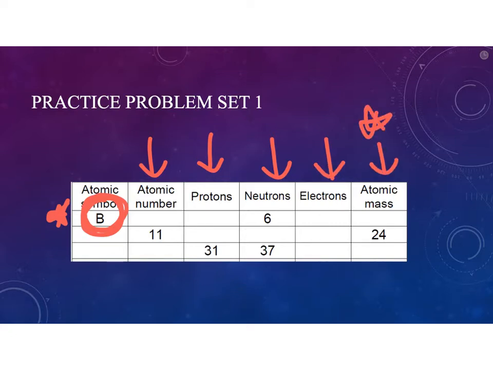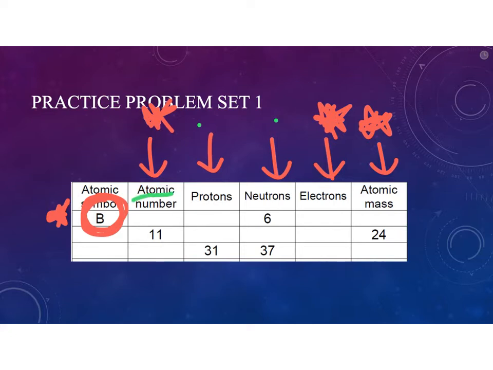These that I'm starring, you can find on the little box within the reference table on the periodic table. And these you have to look further into with the little equations I gave you, little subtraction and addition, and just knowing what